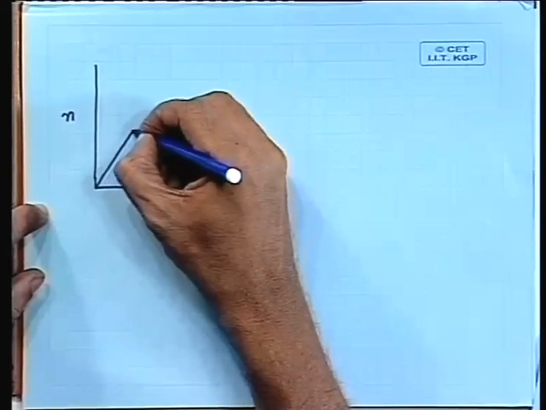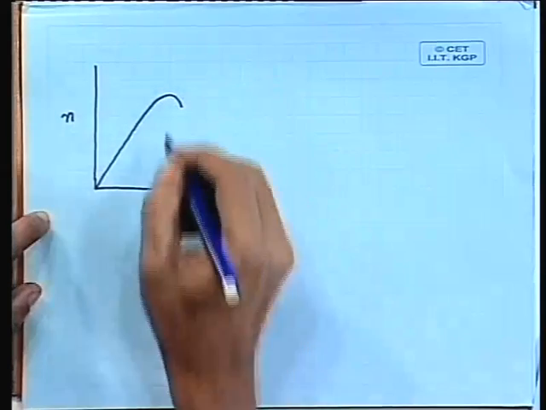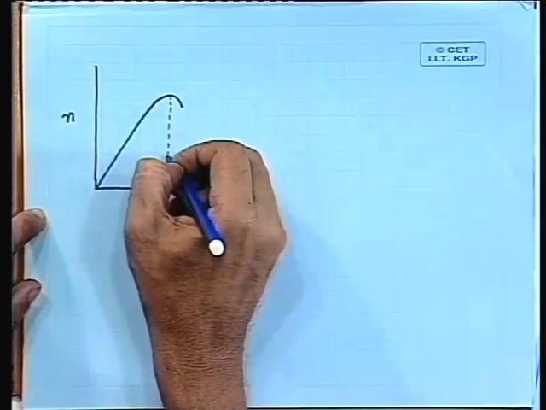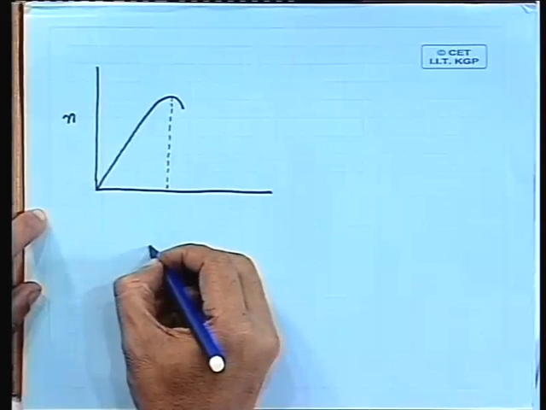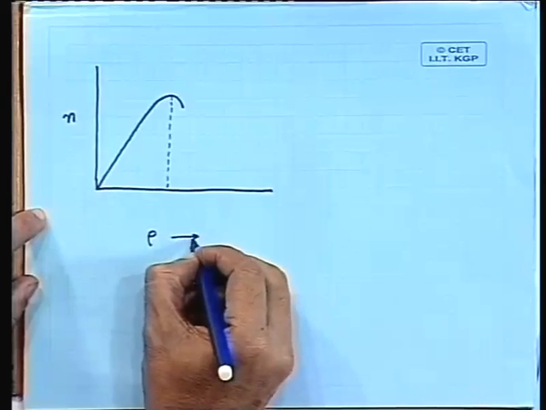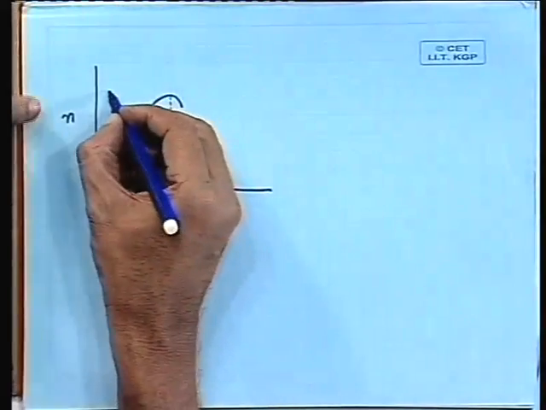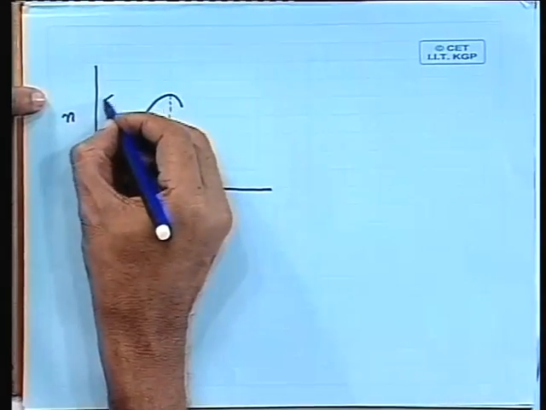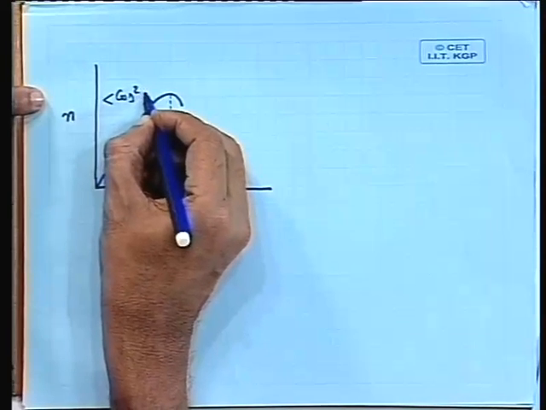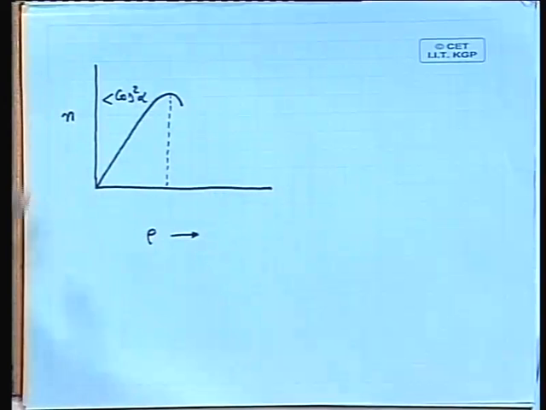Can you tell me what is the maximum efficiency we have got in the basic impulse stage? That was less than cos square alpha. If you see, this efficiency was less than cos square alpha. Okay. And that value was,